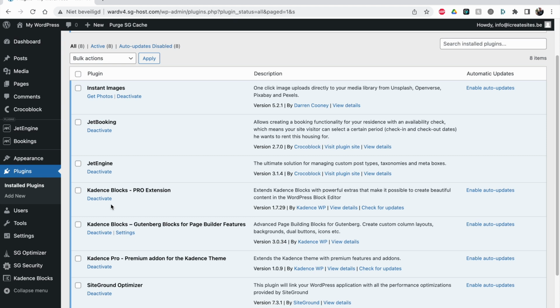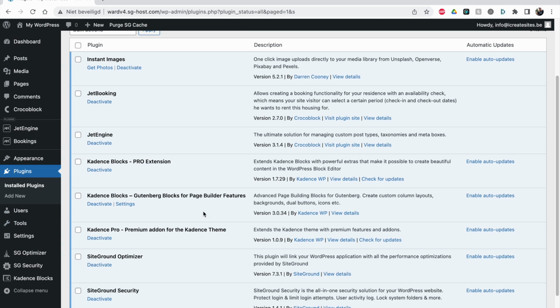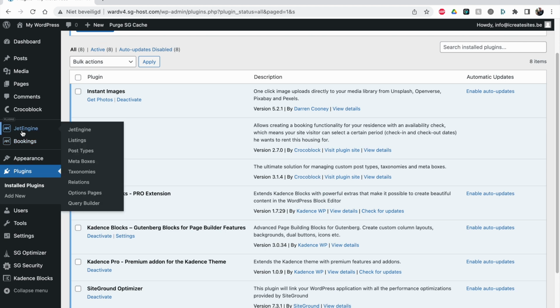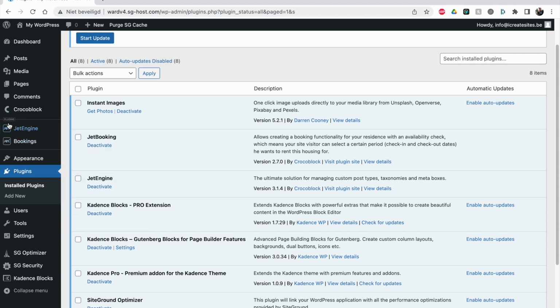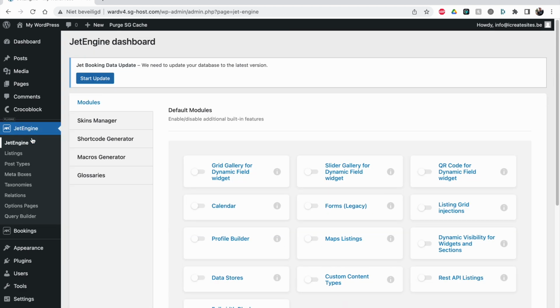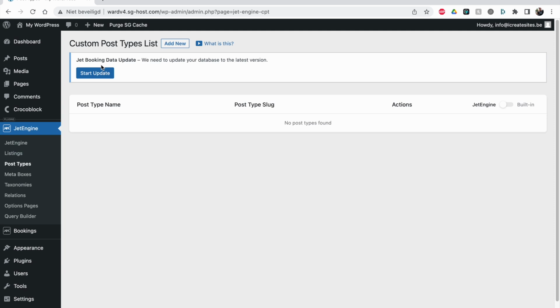The first thing we need is a custom post type that will contain all our rooms, or the things that we want to rent out, that people can look up and select dates for and then see if it's still available. So the thing we have to do is go to Jet Engine. You see Crocoblock made some updates and now they have a different kind of layout. I like it. So Jet Engine, and we're going to go to post types